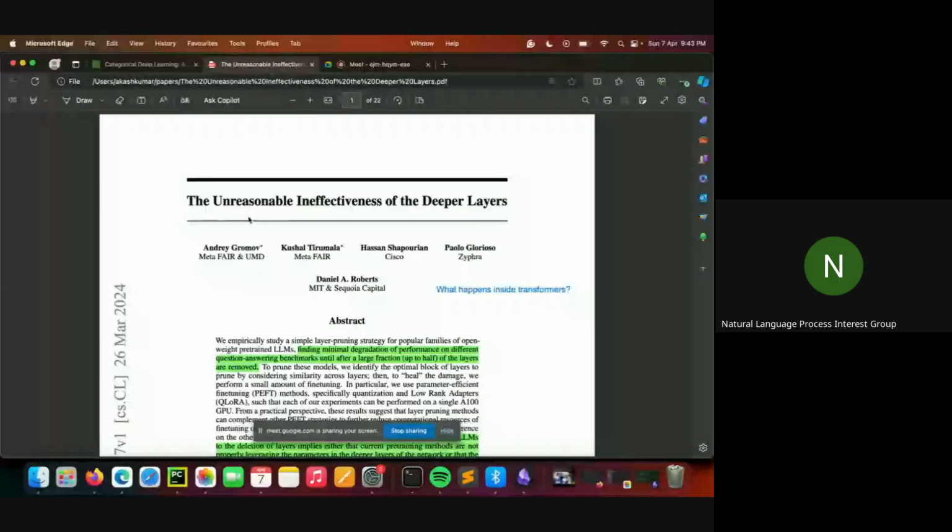Okay, so today we will be going over this weird title, The Unreasonable Ineffectiveness of Deeper Layers, and it is actually quite an interesting paper. It goes on to show how many layers are sort of redundant when it comes to specific tasks, and how we can remove multiple layers from our architecture and reduce the inference cost or the memory required